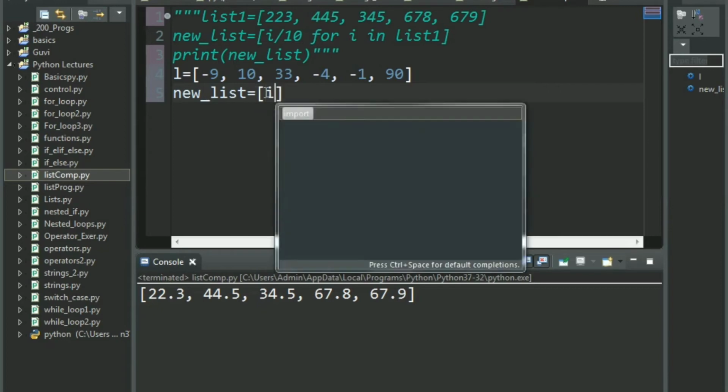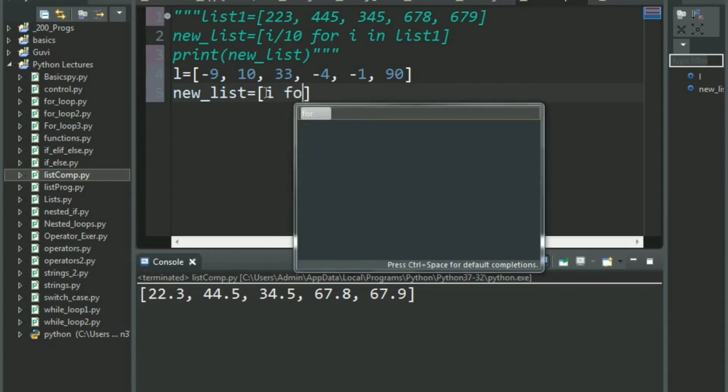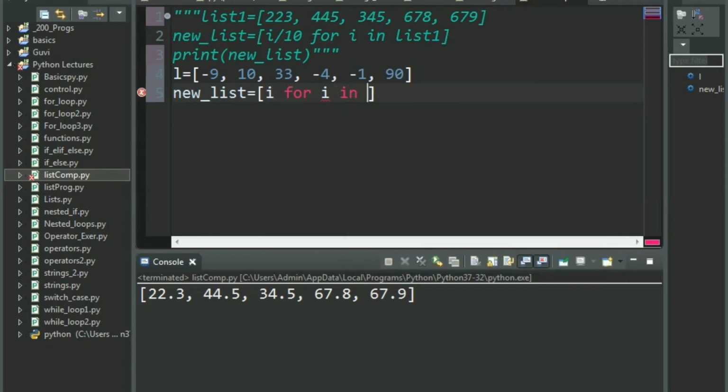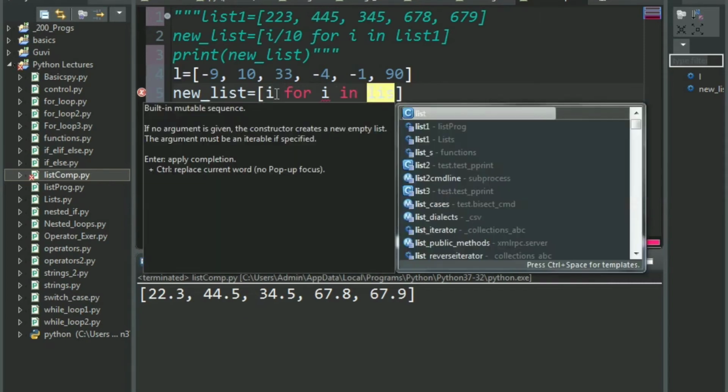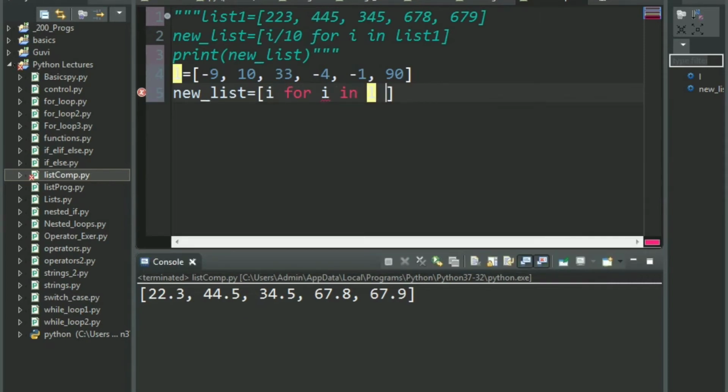So what I say, I want it to return the value I for I in list only if I is greater than 0. Okay, you see how this works? Separate it into 3 parts: value to be returned, that is your loop, and then your conditional statement.